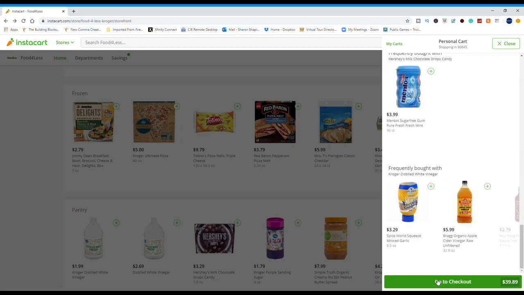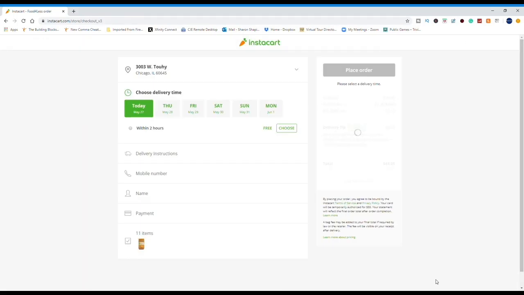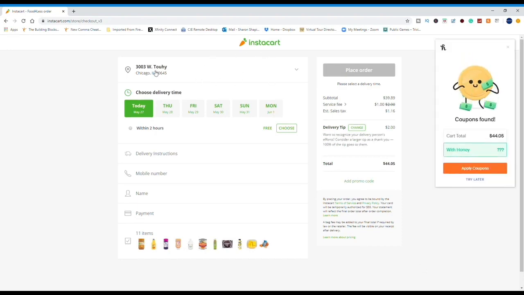And again, I can click on go to checkout, and all of these same options with the address, set your address for delivery, choose your delivery time, delivery instructions, and your mobile number, your name, payment information, a summary of your items, and then it's giving you the subtotal, service fee, tax, your delivery fee would be in there,